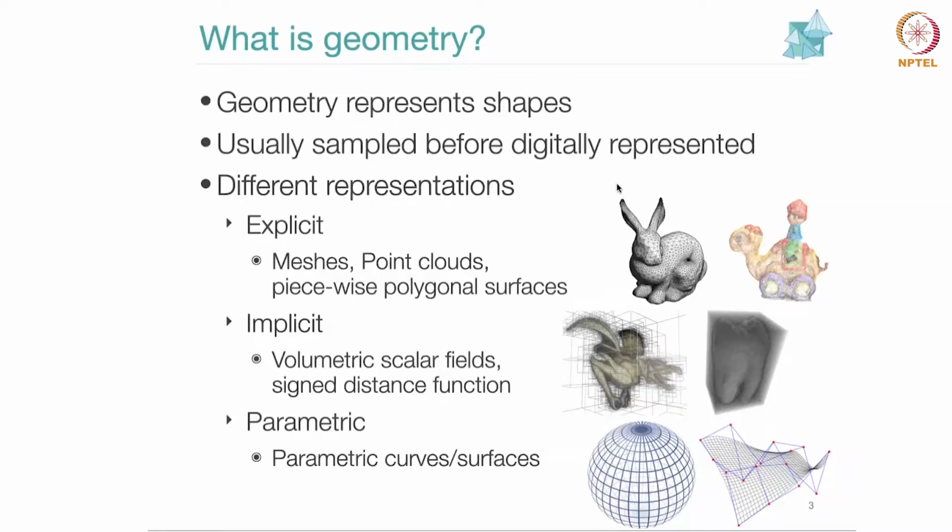Today is the day to discuss that, and I'm going to talk to you about it in more detail. One very highly used implicit function is the signed distance function or the signed distance field, which we will discuss. But like you model temperature, like I discussed how to represent temperature in the room, you could also represent any shape. And any shape that you could represent, for example, the bunny, and then there is this toy, can be represented in the implicit form. By the way, the toy that you see on the top right,